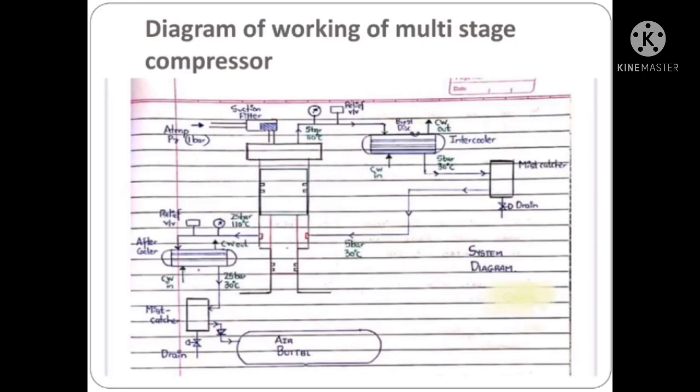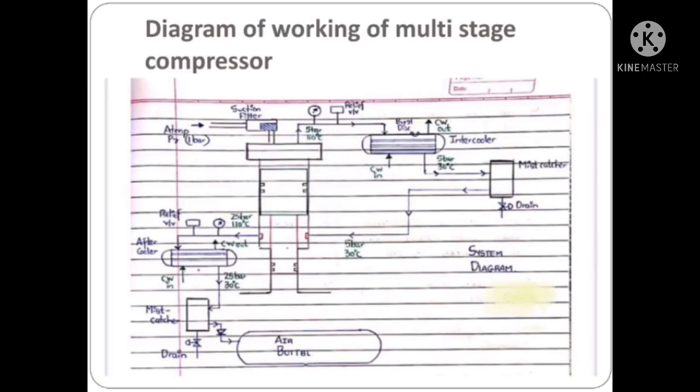Again, this compressed air passes to the delivery valve and goes to the aftercooler. This line also has a relief valve for safety. After this, the air passes through the aftercooler, which will cool it, and again it goes to the mist catcher. After passing through the mist catcher, it goes to the air bottle, but in between there is